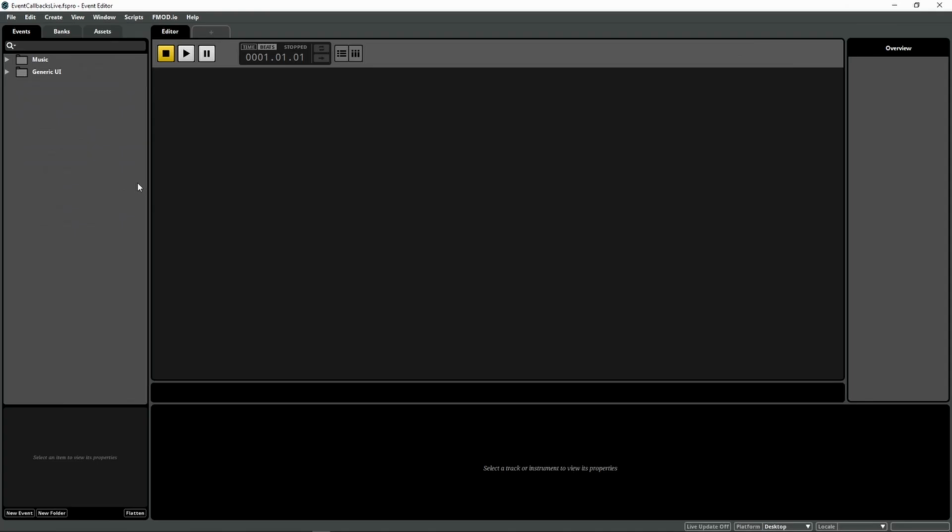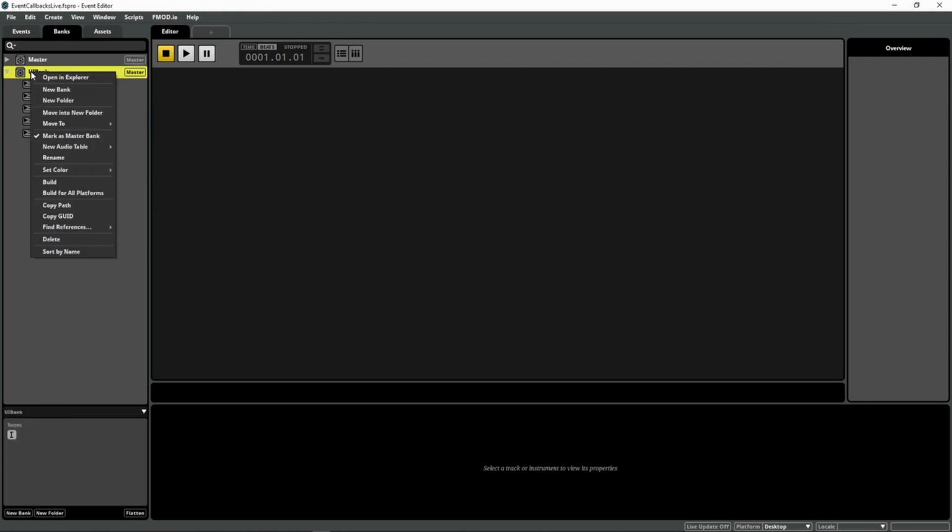The FMOD Studio portion of this is actually relatively simple. Let's start by opening our Banks tab and right-clicking our UI Sounds bank. If you mouse down, you'll notice the option for creating a new audio table. We are only allowed one audio table per bank, but it can either be a standard audio table or a localized one. The only difference between these is a localized audio table can refer to multiple different directories depending on the current FMOD locale. This setting can be changed whenever we'd like, so we will just create a standard audio